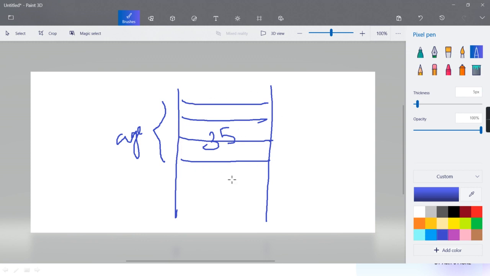But after reserving that memory location, computer will identify it with the address. Computer internally will identify by address. But for you people it's difficult to identify with the address. So you will identify with some meaningful name. So this is the identifier. This is the name given to that variable.